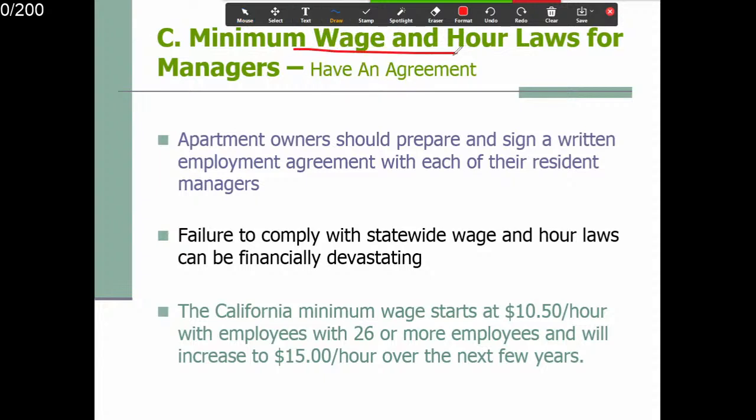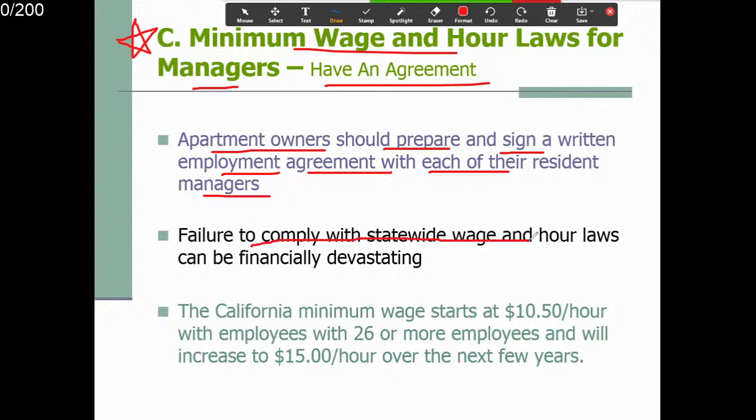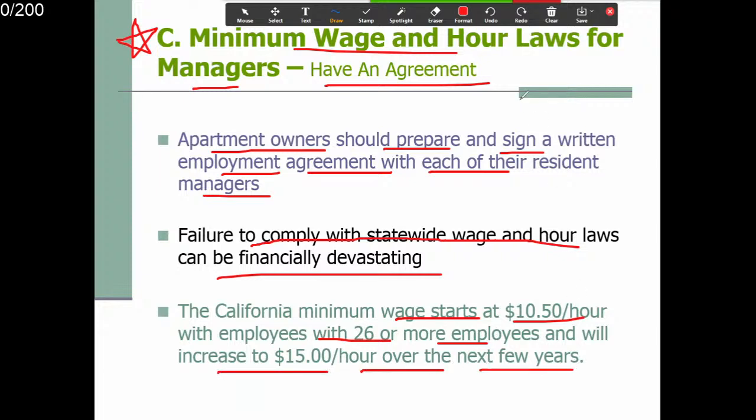Also, minimum wage and labor laws: the manager, right, have an agreement. And make sure you don't violate those laws, or else you get a lawsuit on your hands. Apartment owners should prepare and sign a written employment agreement with each of their residence managers. Failure to comply with the statewide wage and hour law can be financially devastating. They use labor law and sue you, right? The California minimum wage starts at $10. Now it's more, $15, with employees of 26 or more employees, and will increase to $15 per hour over the next few years, which we are in right now. 现在最低的工资是15块一个钟头，这个也要注意。